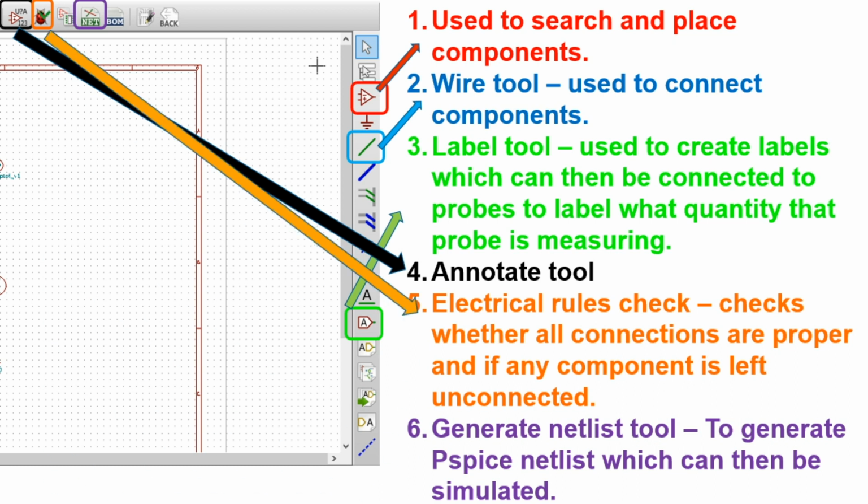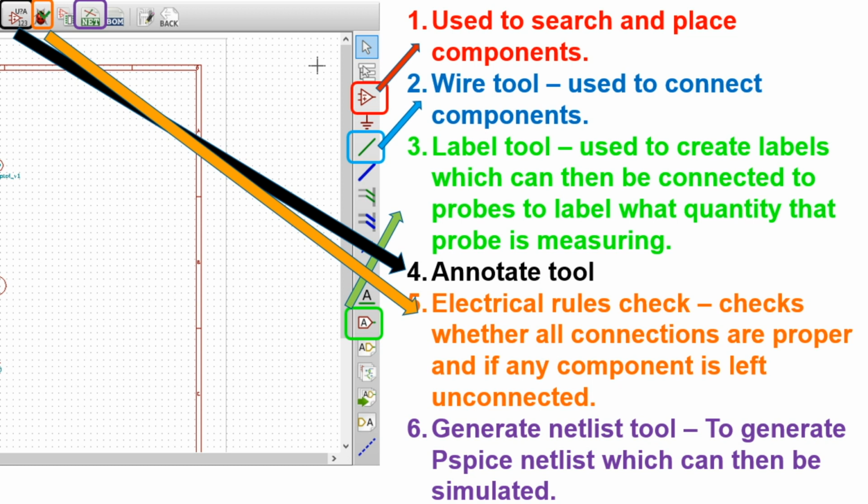After that, you have to click the electrical rule checker. This electrical rule checker allows us to check whether there is any error in the circuit. If you get a global error with respect to labels, you can kindly ignore it, because a label is not going to play a vital role in our simulation. The rest of the errors should be rectified.